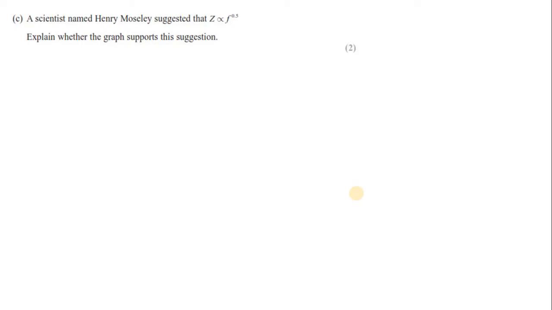A scientist named Henry Moseley suggested that z is proportional to f to the power 0.5. Explain whether the graph supports the suggestion. So if you see, we have found the value of n, which is equal to 0.48, and k is equal to 7.08, and the relation was given